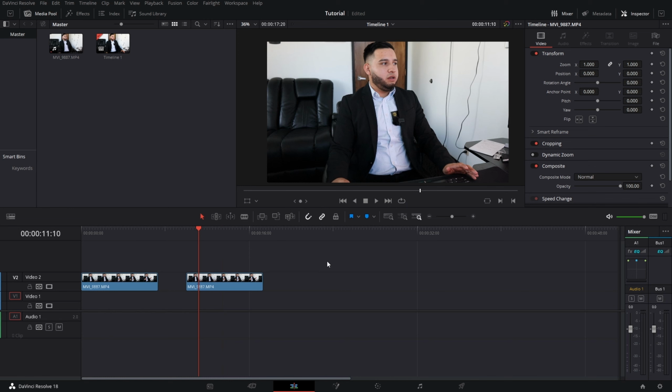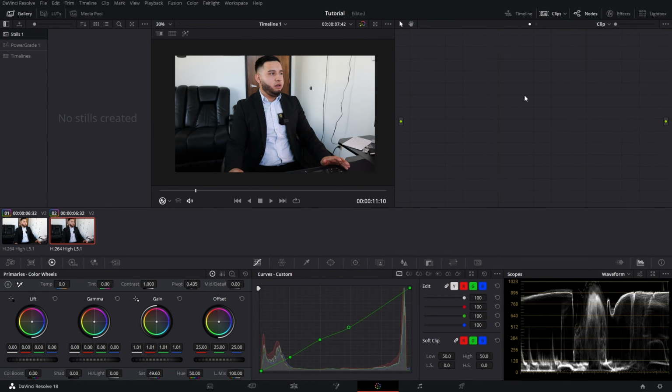Now to commence this color grading tutorial, what you guys are going to do is go to this color tab. Now I like to call this the node space. I don't know the actual name of this, but that's how I like to call it. The best way to describe a node would be layers. Having different layers helps you get organized. So that's the best way that I could describe it. If there's another way, go ahead, but that's how I would describe it to someone that has no idea what nodes are. In order to enable it, what you want to do is right click and